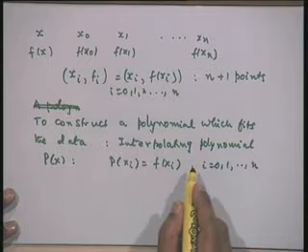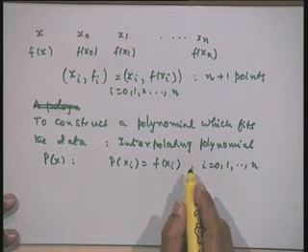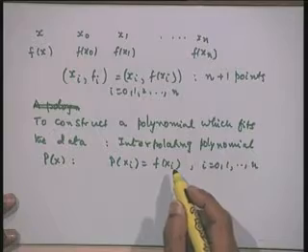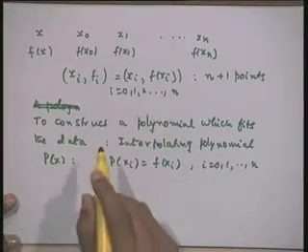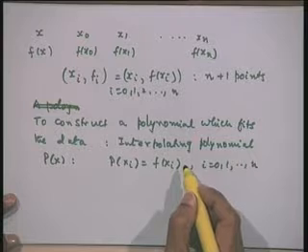Now, the uses of the interpolating polynomial are many. One is I can estimate or predict the value of the dependent variable at any intermediate point. Let us say an experiment has been conducted at intervals of say 15 seconds over a few hours. Now, you want to find out approximately the value of the dependent variable at a certain instant of time which is not one of these points. Then we will be able to predict it using the interpolating polynomial.